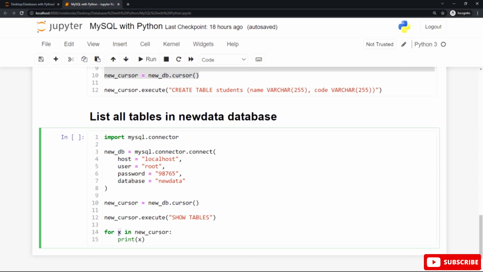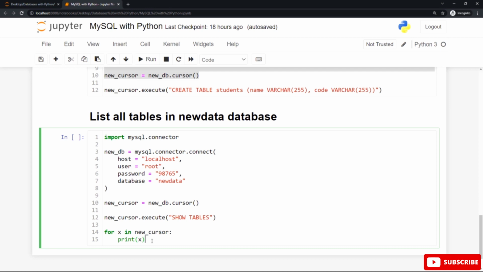And you can call this variable any name you wish. You can call it item, n, I, or any valid name you wish. Try to call it, for example, n instead of x if you wish, and use the print function inside the indented body of the for loop to print x, to print each item to represent the first table, the second table, and so on inside this database called new data.